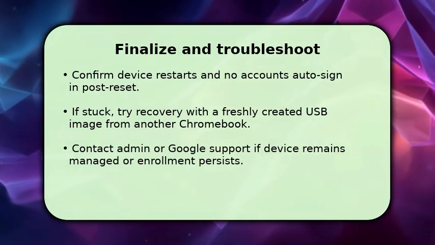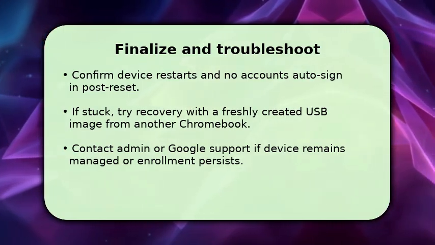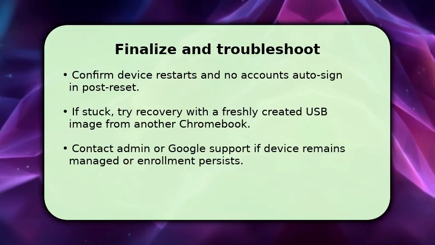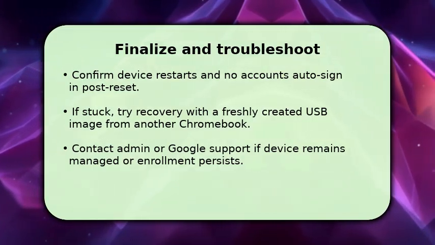If something goes wrong, such as persistent management or failed recovery, recreate the recovery USB on another Chromebook and try again, because bad media commonly causes failures. If enrollment still persists,